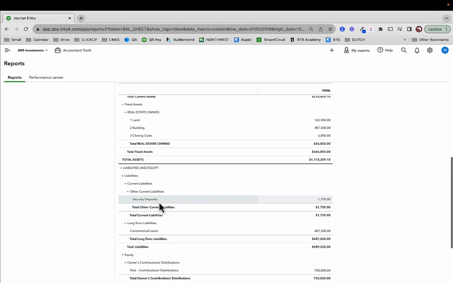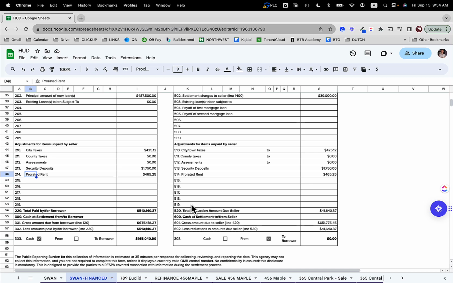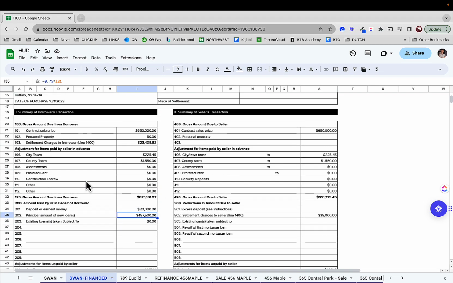Okay, so let's take this example just a little bit further. I'm going to do two things. One, I want to talk about private financing. And two, I want to talk about construction escrow. Let's take the second one first. Let's say that we're taking a loan on a building and we need to do some work to it. Okay, so if that's the case, what might happen is we might get a loan actually worth more than the purchase price. So let's say that this property is worth $650,000,